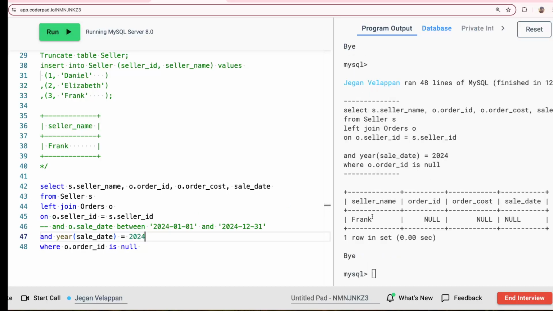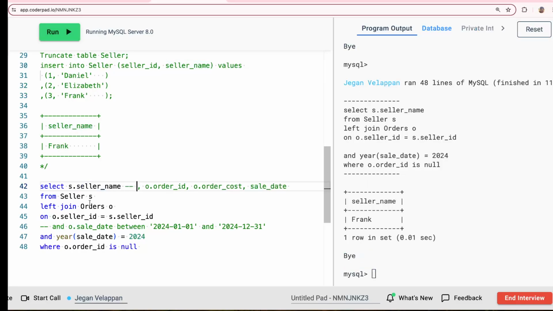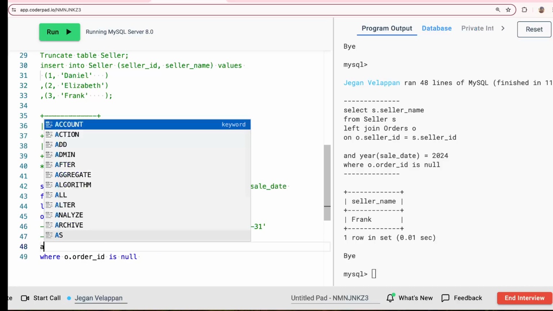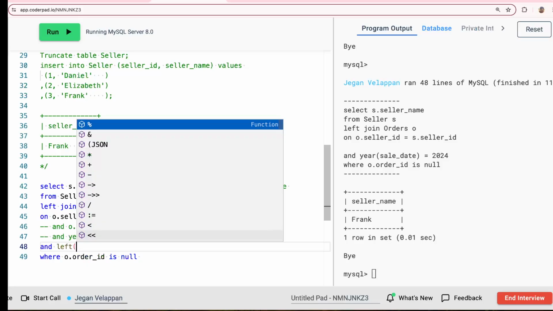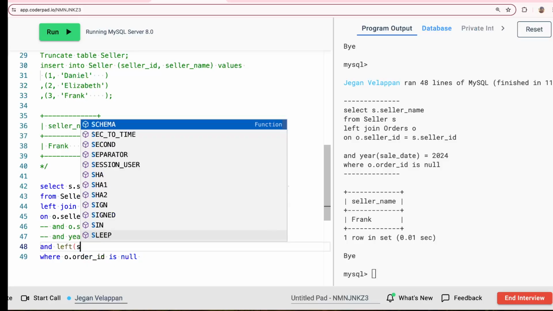Even that gives the same answer. I don't need this. Instead of putting the between Jan to December, you can simply say the year of the sale date is 2024. If you want to do it another way, I can simply say and the left side of the sale date